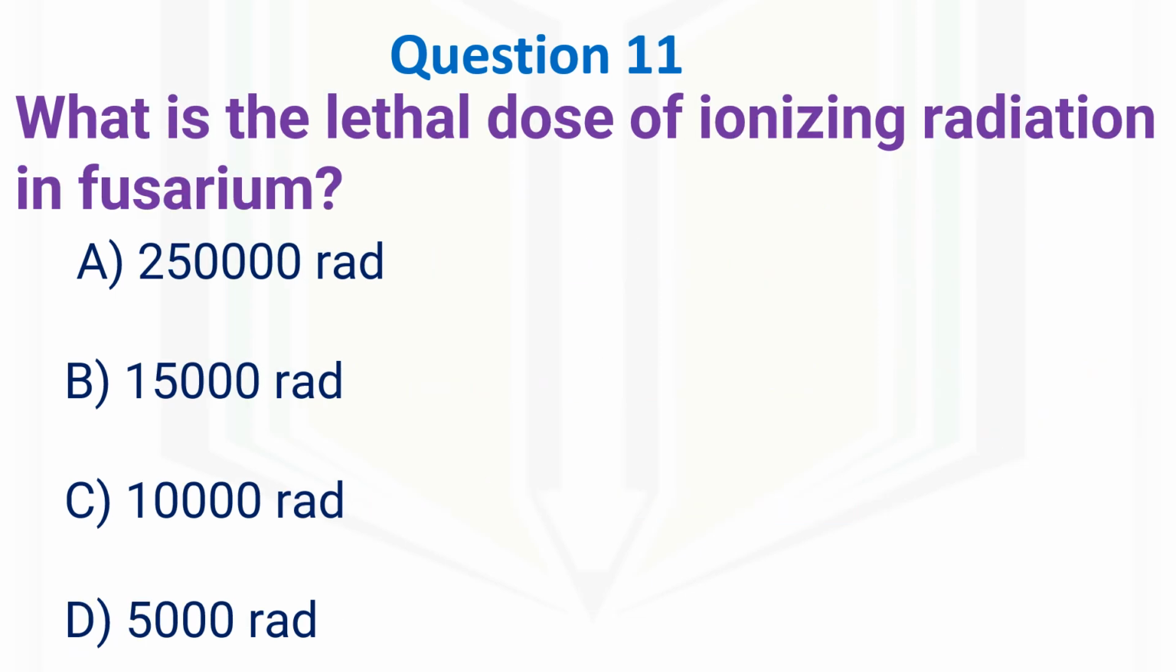Question number 11. What is the lethal dose of ionizing radiation in fusarium? Options are 2,50,000, 15,000, 10,000 and 5,000. Correct option is option number A, 2,50,000. So conversion is 1 kilogram is equal to 1 lakh. So the minimum lethal dose